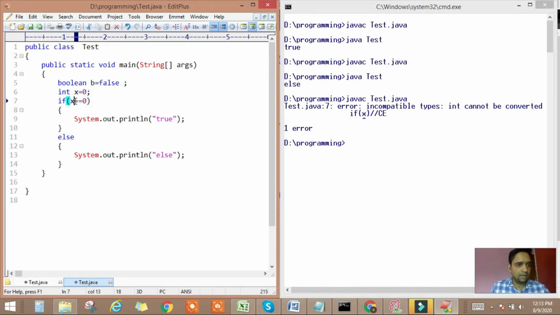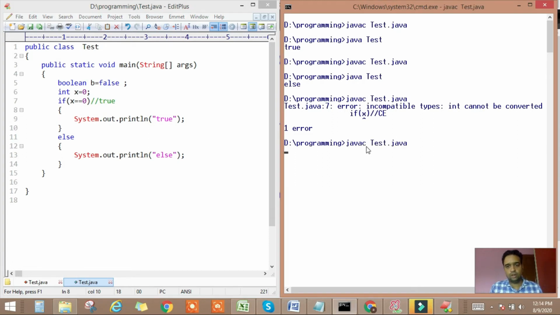now this is a relational expression. Inside the if condition, we are passing the argument as an expression that will compare the value of x with the value 0. Here we have a variable x, inside x we have a 0, and we are comparing the value of x with the value 0. So x has a value 0 and it is equal to 0. That means this expression will return which type of value? This will return the true value, and true is of Boolean type. That means we'll get the output true.